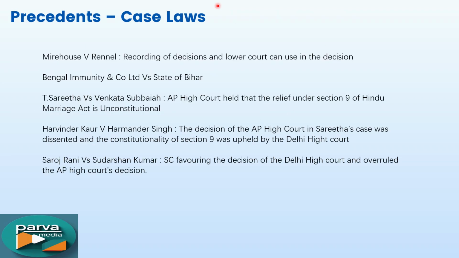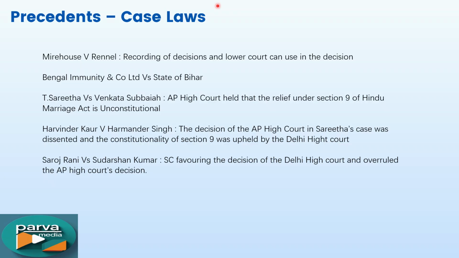So far on the precedent side, we have gone through what a precedent is. Precedents are nothing but judge-made laws, and they are always binding on lower courts. Whatever decision the Supreme Court gives is binding on all the lower courts, and High Court decisions are binding on lower courts under the High Court, but not on other High Courts. So these are the high-level understanding of what a precedent is and how it is applied. Article 141 we discussed. Here we have a few cases. Let us go one by one.